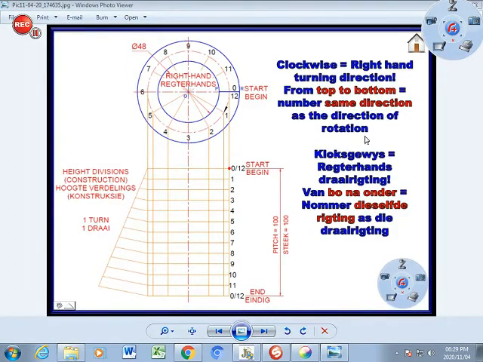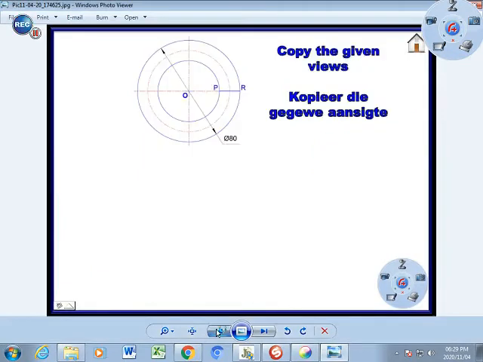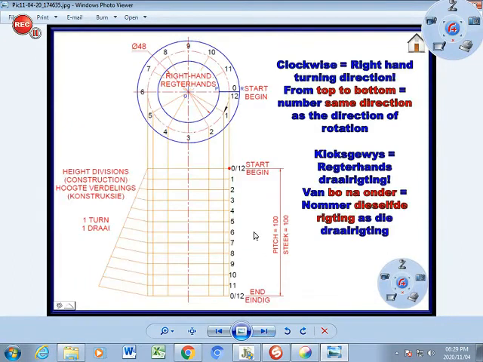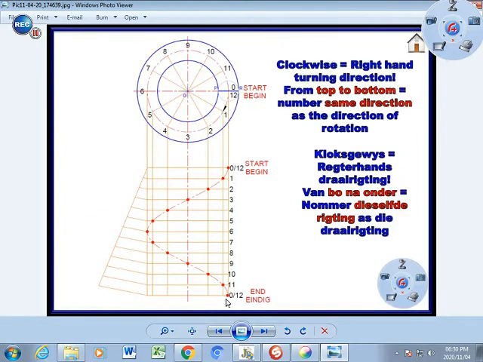And this rotation, as mentioned in the instruction page, and I just want to go back there, is right-handed. Now, in this case, right-handed means that from the top down, it's going to be clockwise. So that arrow indicates that it's going to move in that direction. So there you're going to plot all your points right down to the bottom where it's going to stop. So you plot, plot, plot, plot right down. Once you have that,